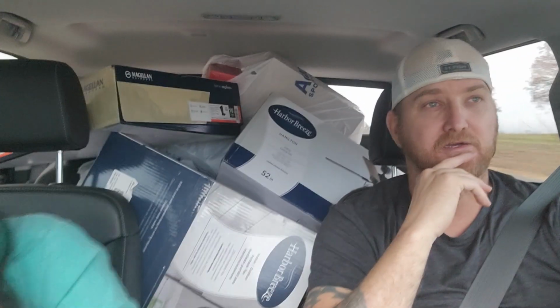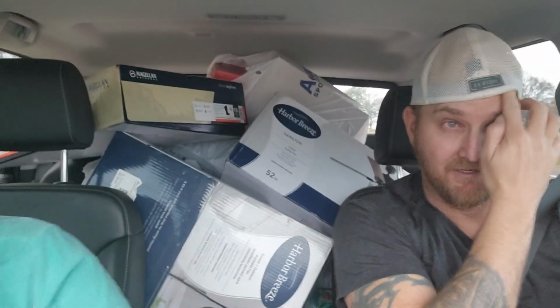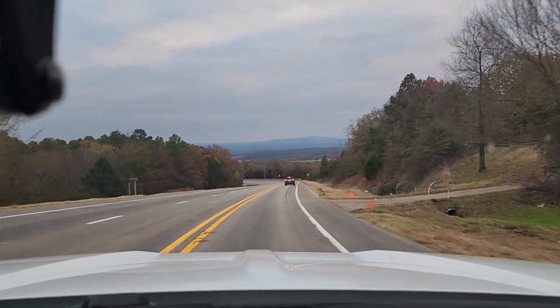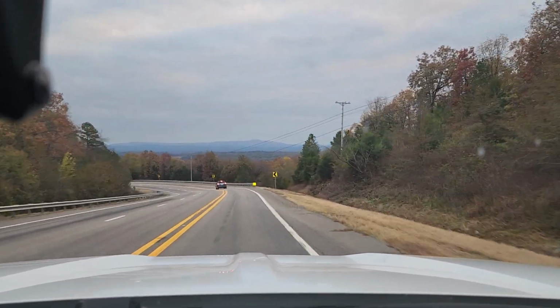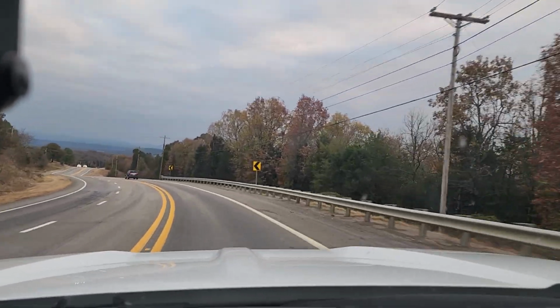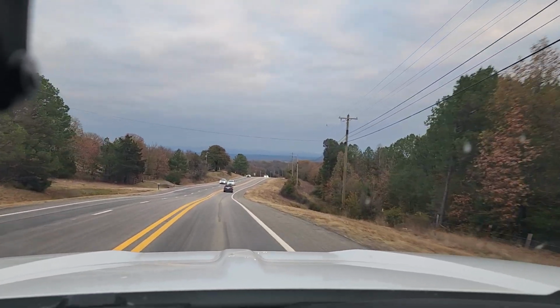Crazy thing is though, after we left, it rained all day yesterday, and we got more views. Hold on. Woo, look at there. I just love this route back from Fort Smith. It is gorgeous. Don't mind me riding the yellow line. See, what happened was,